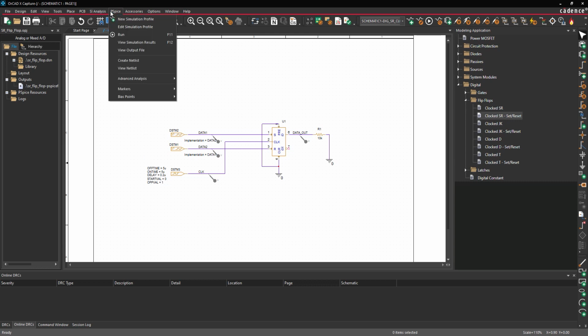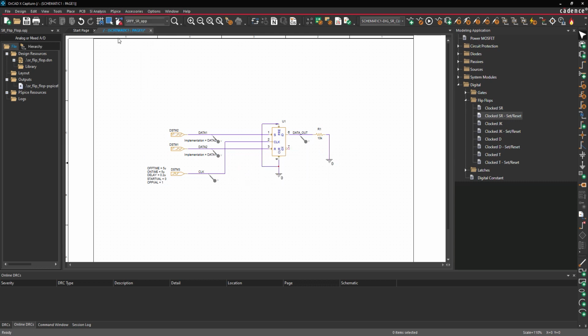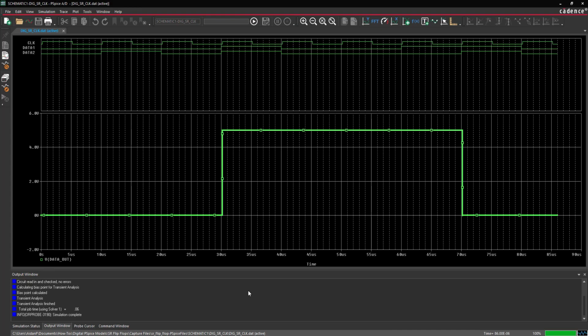Select PSpice, Run from the menu. View the simulation results. The output pattern is now inverted. Quickly create the required SR flip-flop SPICE models and simulate accurate digital circuit behavior with the PSpice modeling application in